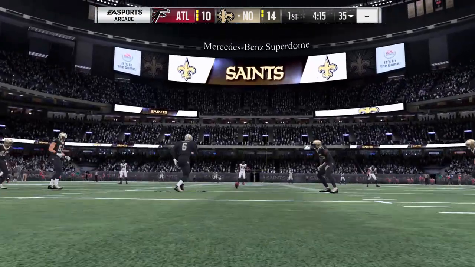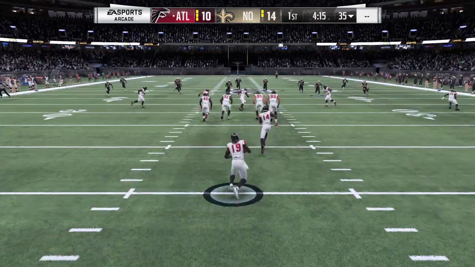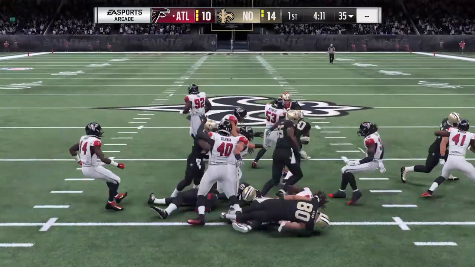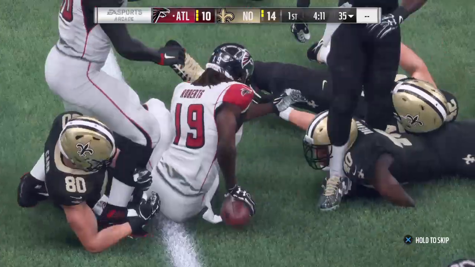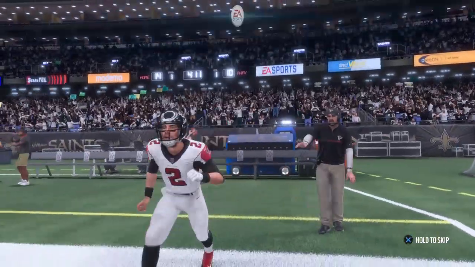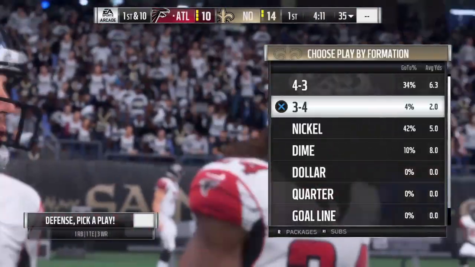Morstead, the punter, out to kick it off. Andre Roberts now to return it. And they'll be set up pretty nicely here as they have it up to the 35-yard line. It's player spotlight time, and we focus that spotlight on the...